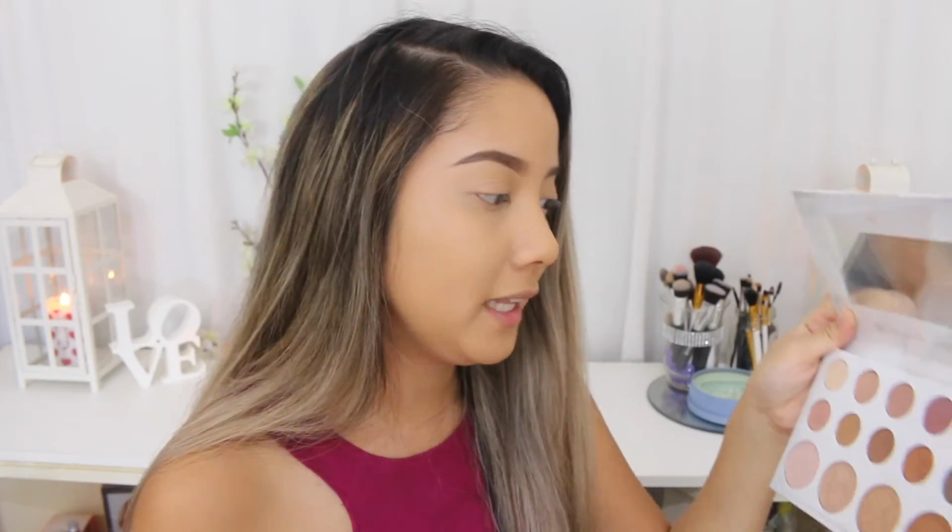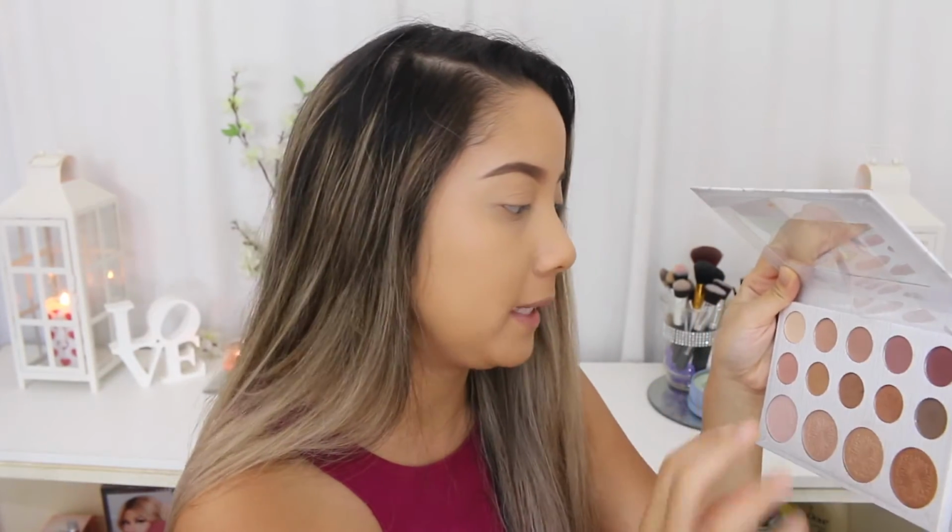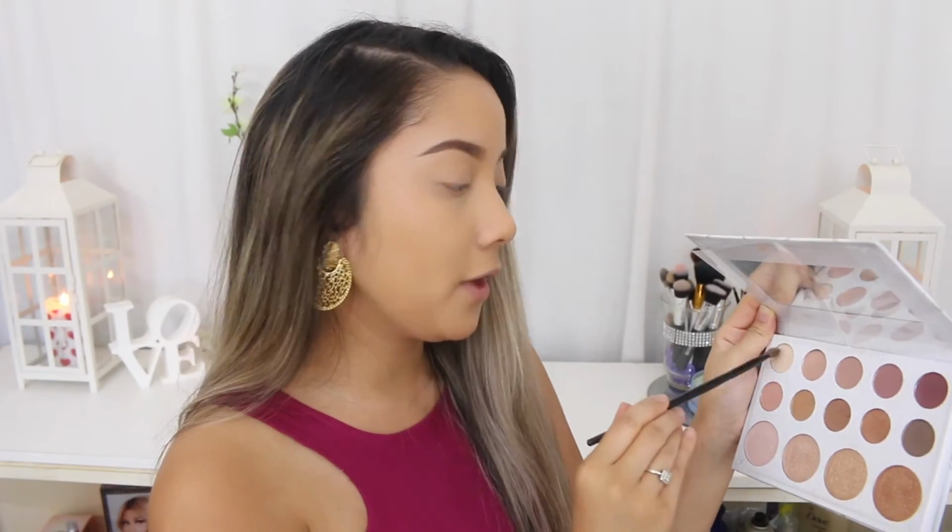Moving on to the eyeshadow now. I feel like everyone's go-to colours are the first row here, but I'm going to try and mix it up a little bit with the other colours there. But first, I'm going to take this first colour and apply that all over my lid, just so I don't have a really tacky lid because of the concealer and foundation and all that. This is just going to help with the application of the rest of the eyeshadows and blending